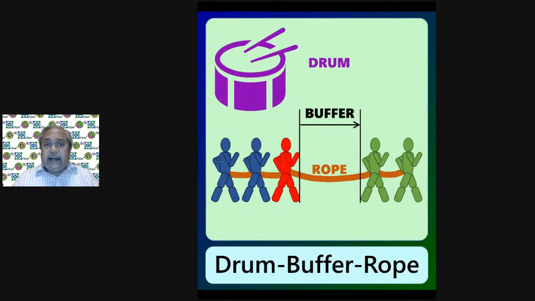It's important to identify the pacemaker of the company. And it's quite interesting that the pacemaker need not be the constraint always. The pacemaker could be your assembly where your entire product is getting defined. That could be the pacemaker. Or the pacemaker could be the heat treatment shop, where the sequence of materials getting into the heat treatment shop and the size of the furnace matter, because each furnace has a certain volume. So you need to make sure that all the components get in and the entire volume is used. Otherwise, it will not become cost effective. And that is the pacemaker. A pacemaker could be anywhere, the one which is setting the pace for the entire production to get processed.